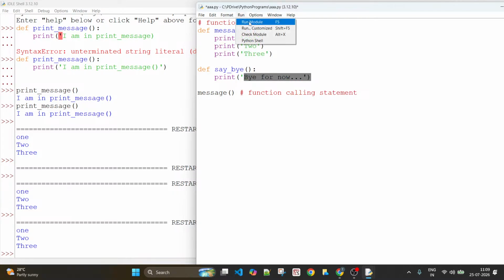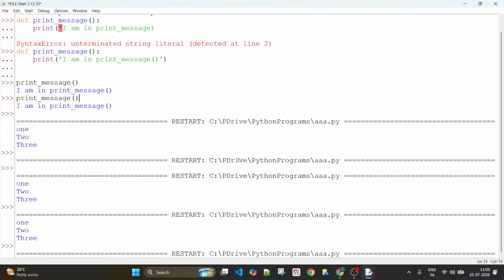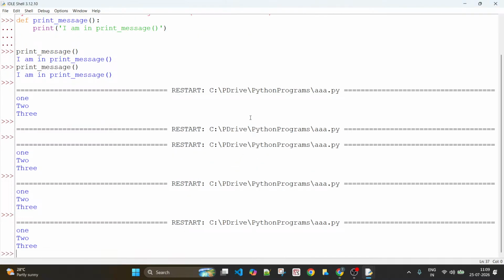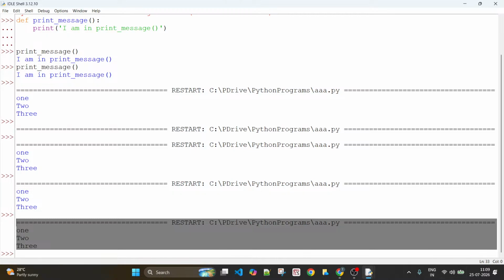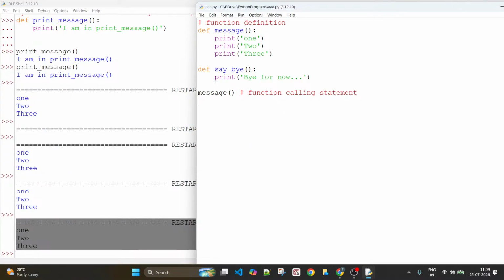Very important. Let me show you. It won't be printed. Okay. So you see the output is just 1, 2, 3, but you won't get any statement from this function. Why? Because you didn't make a call to this function. To make a call to this function, you need to mention the name of that function and just write down the braces. Okay, you have written the function calling statement now.